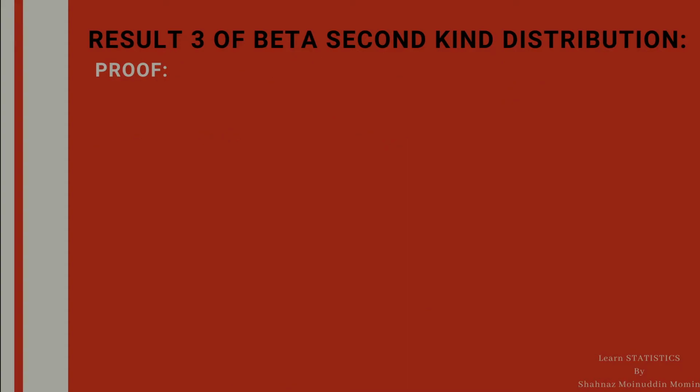by the theorem of bivariate transformation of random variables, the joint PDF of u, v, say g(u,v), is equal to f(x,y) multiplied by the Jacobian of transformation J. The Jacobian of transformation J we have already discussed in the previous lecture. If a student wants to learn what the Jacobian of transformation is and what its definition is, then click on the I button at the top right corner of the screen, and the link of that playlist is also given in the description box, where J is equal to